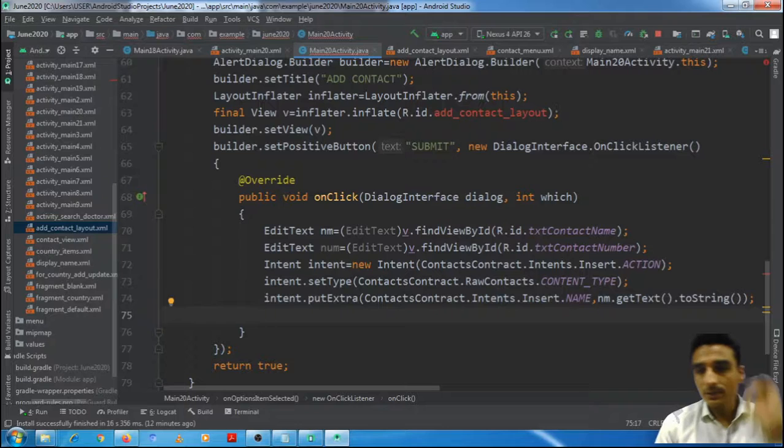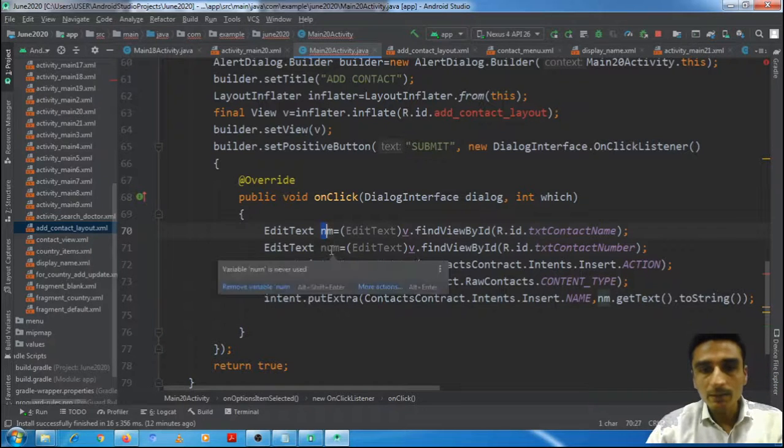So name is entered in the edit text which we have defined as nm, and number is in num.